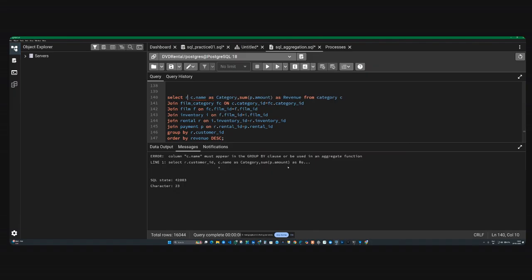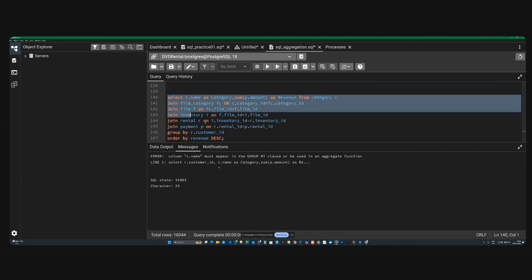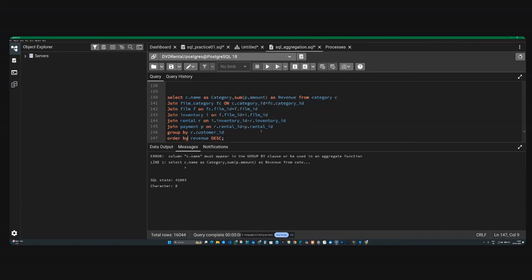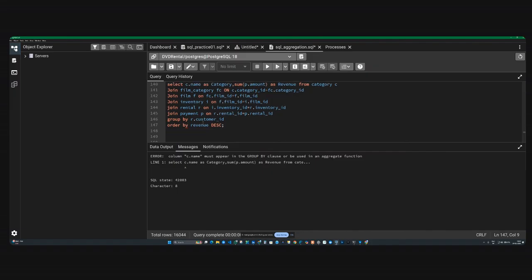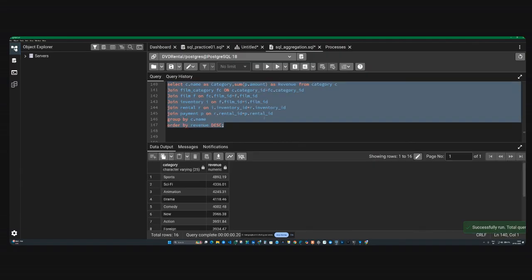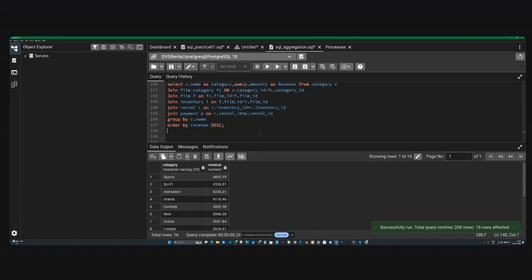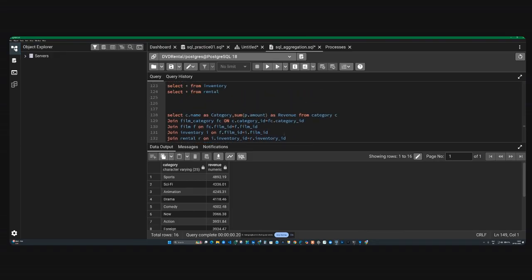This is resolved in something called CTE, common table expressions. So right now we'll just go through it. I'll show you. C dot name. I have to use C dot name. Now if you run this